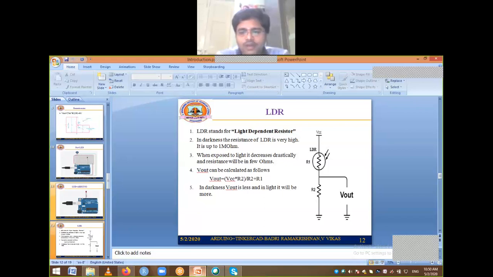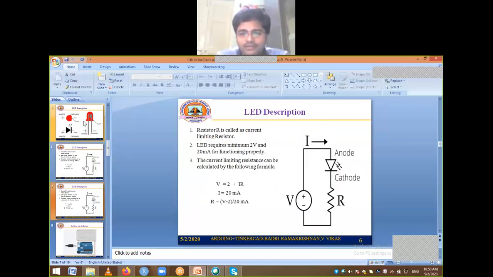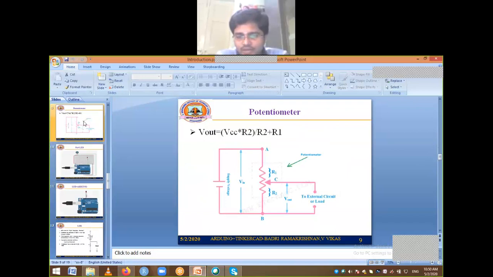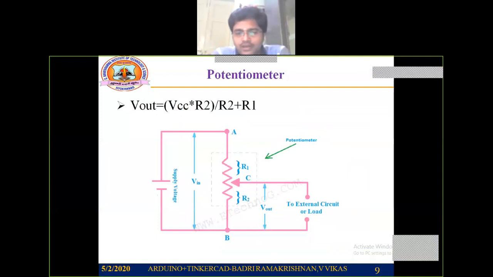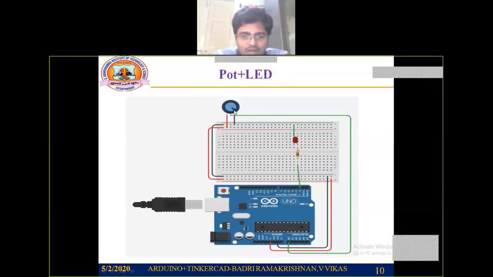So this particular part, LED part, we have done. Okay, next we will get into potentiometer. So as you all know, potentiometer, it will be something like this. You are going to have a particular knob. I can just show that one. As you can see here, we have a knob. Like that, you are going to have a knob. By varying this knob position, the resistance will be varying.